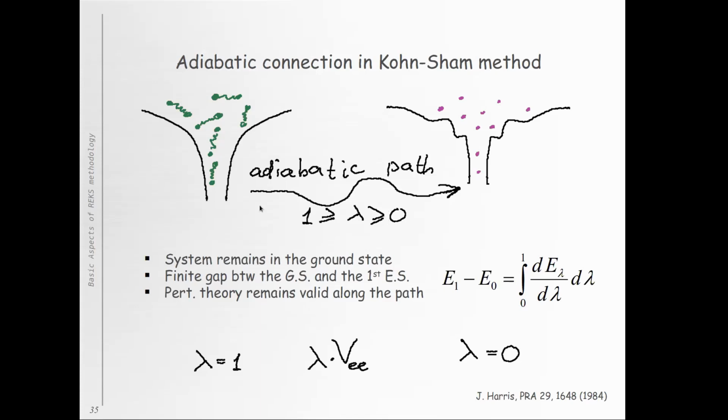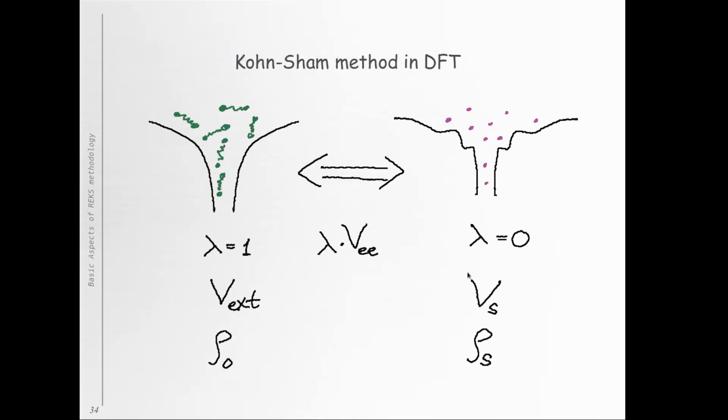These conditions largely boil down to the validity of perturbation theory along the adiabatic connection path. If perturbation theory, roughly speaking, remains valid along this path, scaling down the electron interaction, then the corresponding Kohn-Sham potential, Vs,